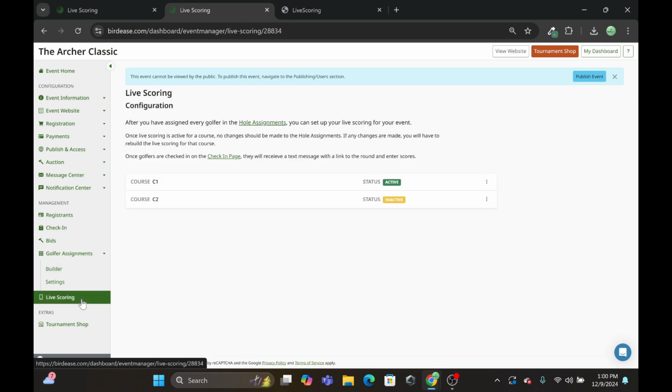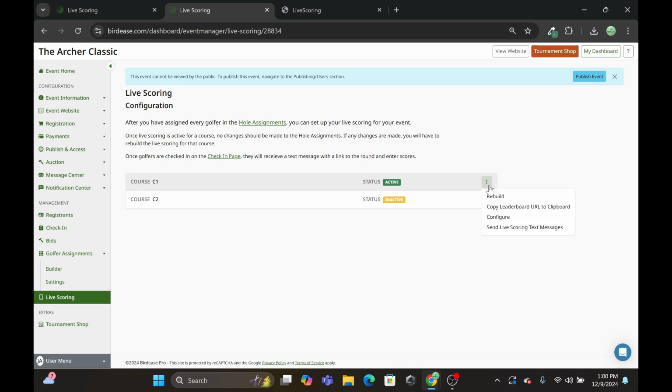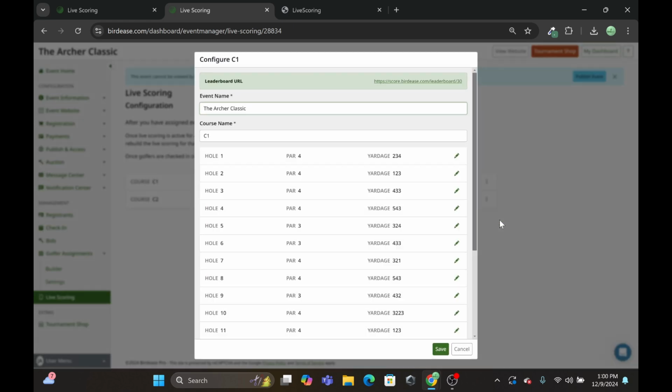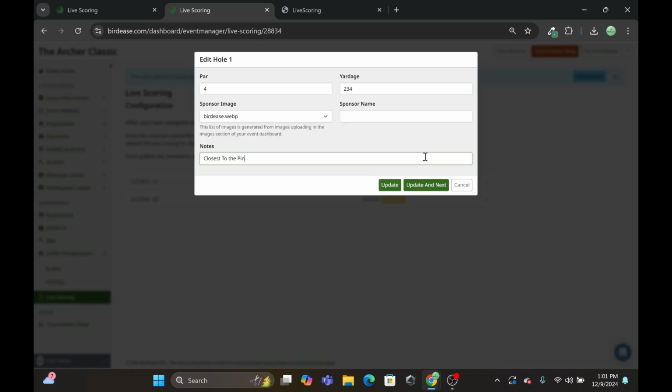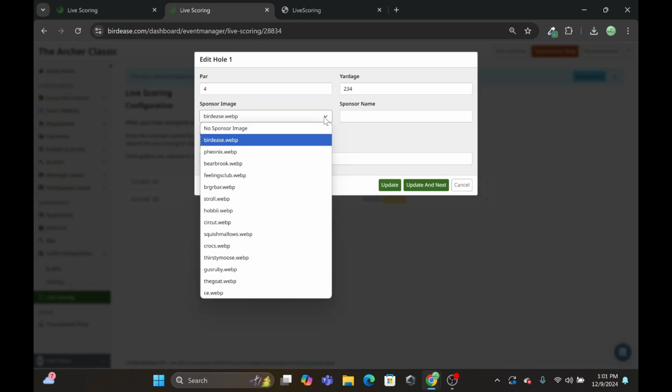Visit the live scoring tab. Click the 3 dots on the far right-hand side to access your action items, and select Configure. This will allow you to move through the entire course, setting par and yardage for each tee. You can also set a sponsor for each tee, which will show up both on the leaderboard and on each